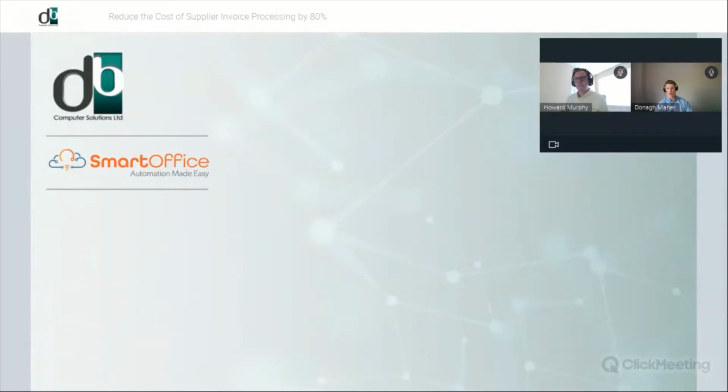The main part here today is that the guys in DB are a Sage house. So we can give you a matching and validating facility to match the purchase order, GRN and stock with your supplier invoice, and that will all be shown throughout the demonstration. Just before I hand it back over to Howard, one of the main unique selling points of our system is the customizability of the product. We realize that every company has different ways of doing things, and we have the ability to tailor our solution to fit your requirements.